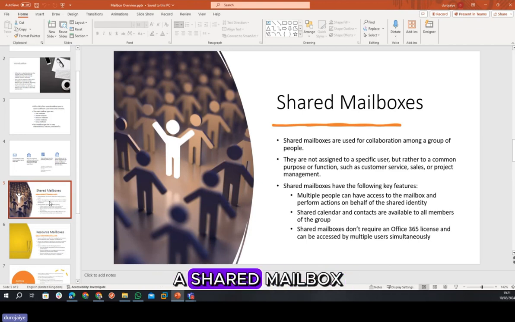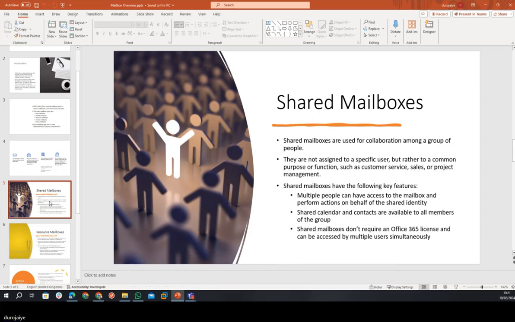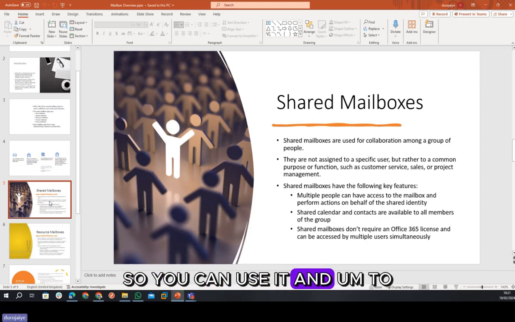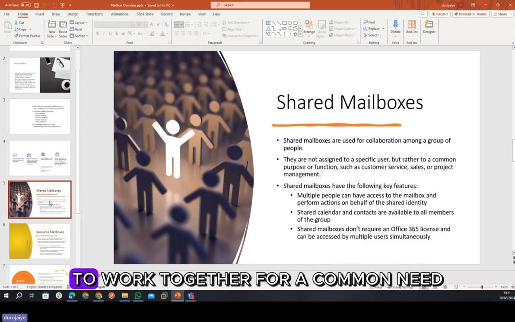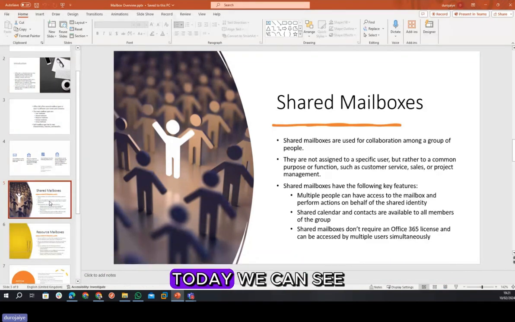So a shared mailbox does not require a license. So you can use it for a group of people to work together for a common need, for a common function, for a common purpose. See the example again. We can say,